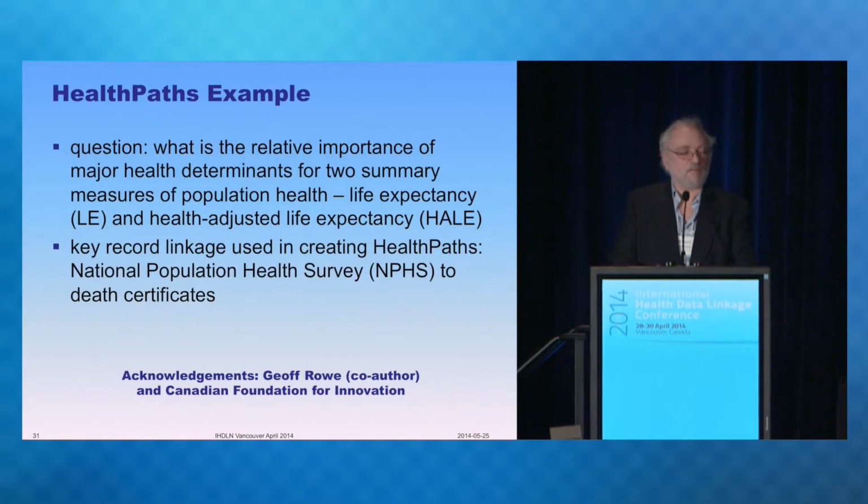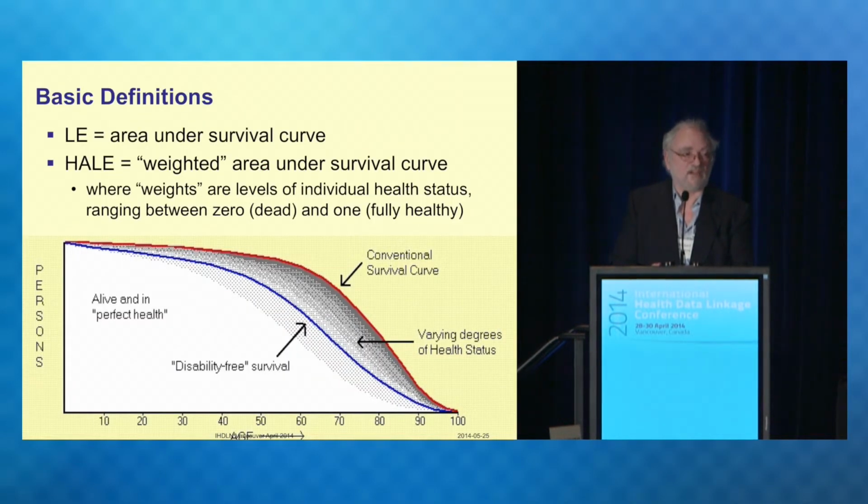Let me switch to a third model called health paths. The conventional way that health is measured is by life expectancy, hereafter LE. But LE, as I'll show you in a few minutes, is a really poor indicator of population health. And I much prefer something called health-adjusted life expectancy, which I'll explain in a minute. HALE is the weighted area under the curve, the survival curve, weighted by a yuckiness index.